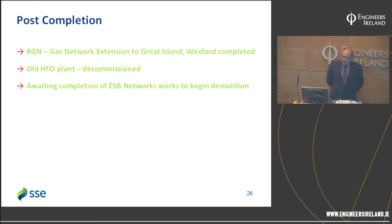So post completion, a number of other things have happened. Bord Gáis has extended the gas network from Great Island onwards to Wexford Town, which is the first time we've had mains gas in that part of the country, and is facilitated by the Great Island investment. It wouldn't have happened otherwise, because it helps to defray some of the costs, so that's been a very good